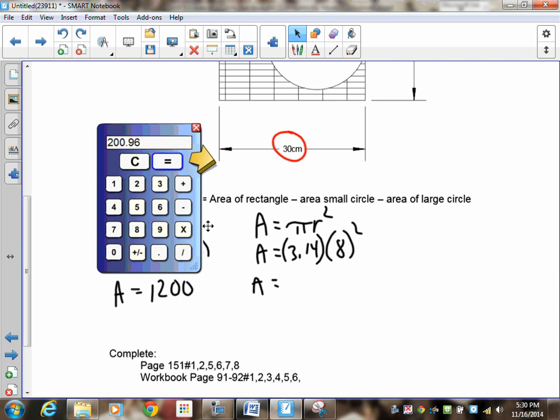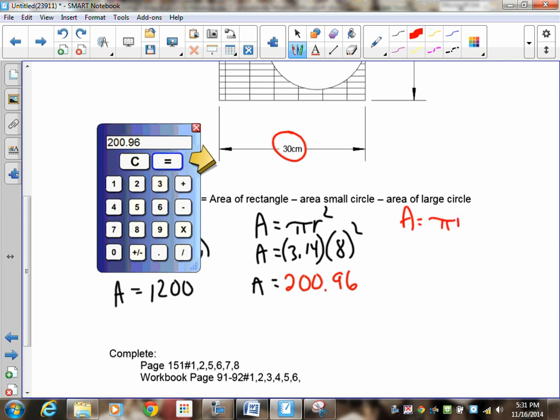That gives me 200.96. Okay, now I'm going to do the area of the large circle. My area is equal to pi r squared. Your area is 3.14. Now the large circle had a radius of 10, so that's 10 squared. So 3.14 times 10 times 10 is